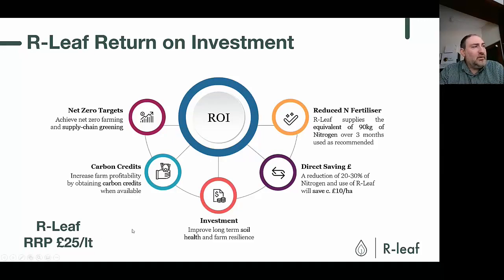Recommended retail price £25 per litre. That, I guess, in a serviced customer, that might be a bit higher. In a direct sale, it might be that, but we're trying to stick to that figure for many reasons. As currently the product has a huge potential. We will develop a number of projects that relate to carbon credits, so that has to be the value for the product.